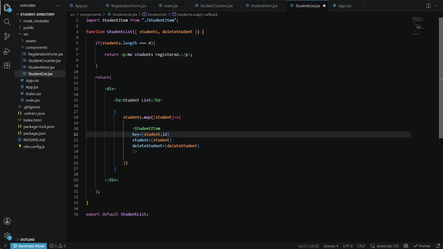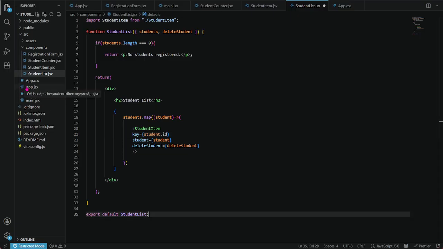The key is to give each student a unique identifier for React, and the student passes the student information like the name, course, and the email, and the delete student passes the delete function so the student can be removed when the delete button is clicked, and then export default student list.